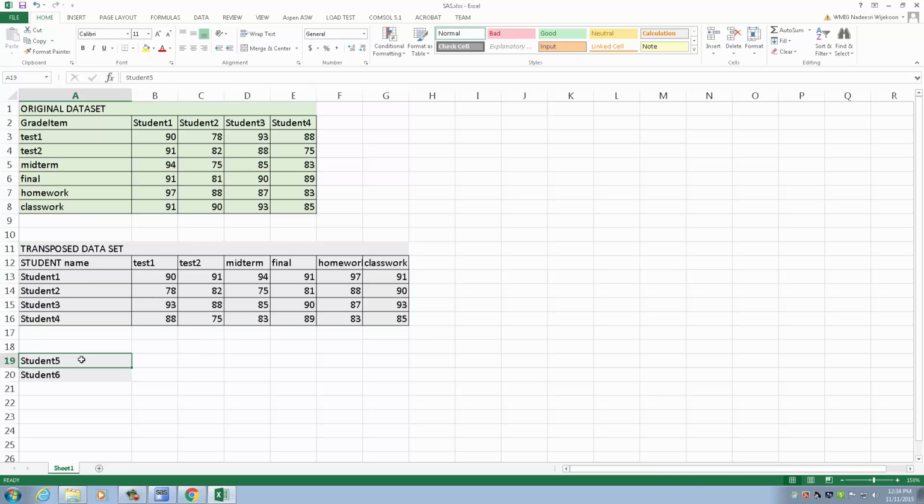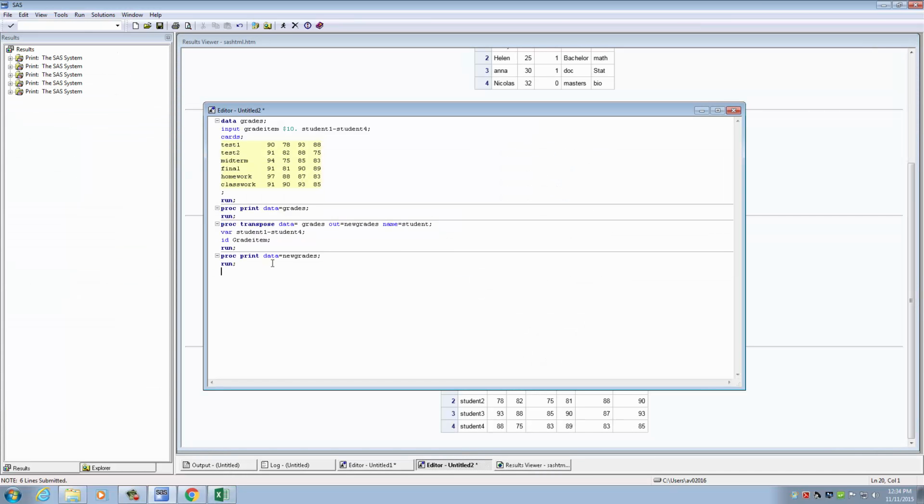For that there is an inbuilt SAS function which can be used for inserting new observations to an existing data set, right? So the command is append, right? So we are going to insert new observations. If you want to add new observations, right, we have to use this data step